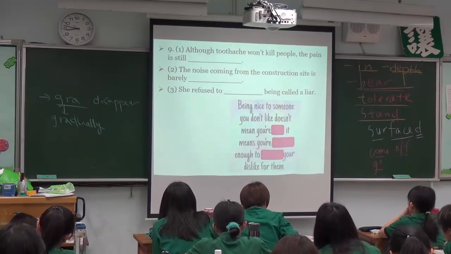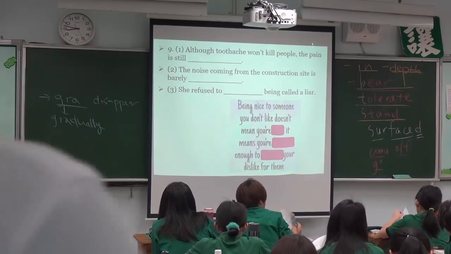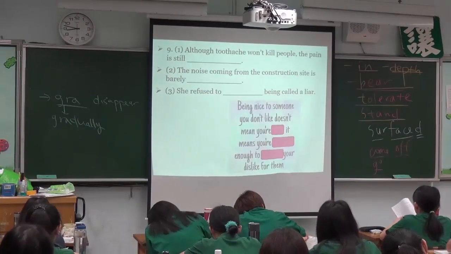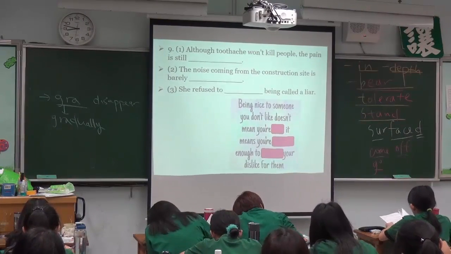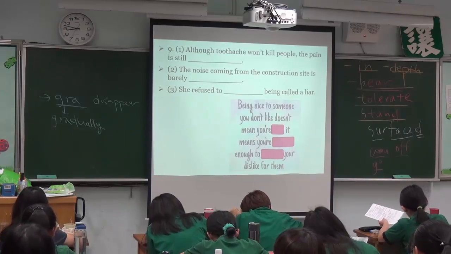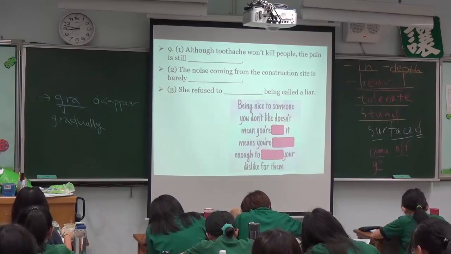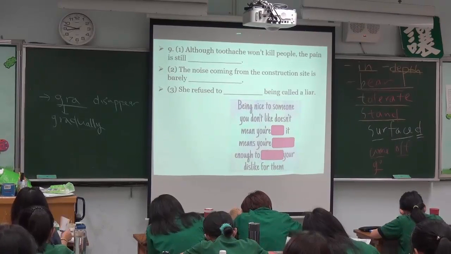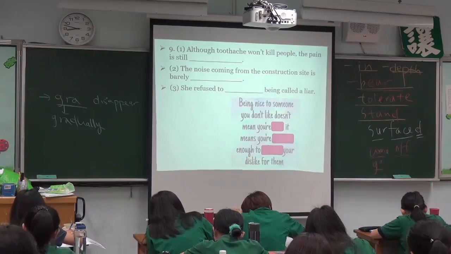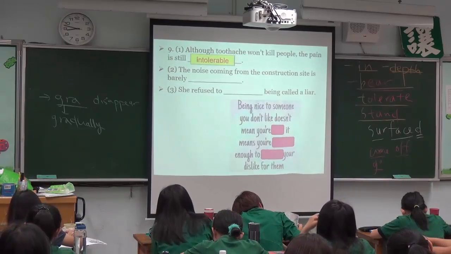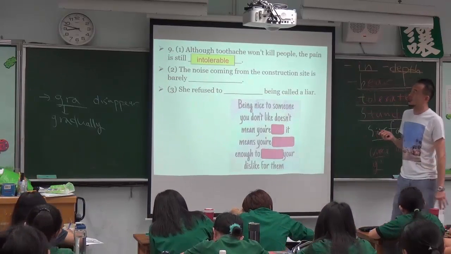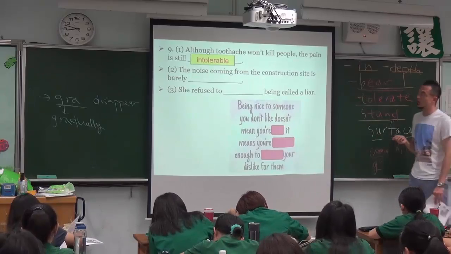And number 9, although toothache won't kill people, the pain is still. From the words before, if you mean 没办法被忍受的, intolerable. It's okay, intolerable. And the second example, the noise coming from the construction site is barely, so like